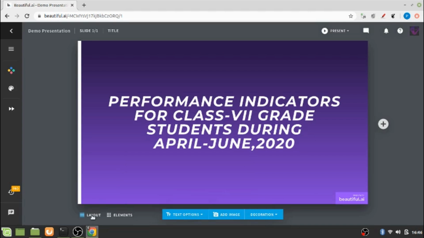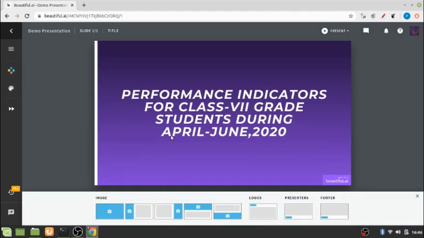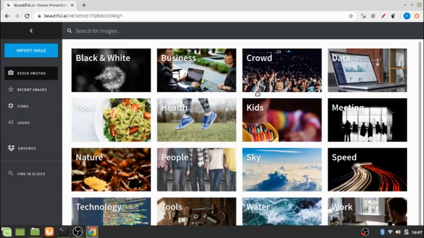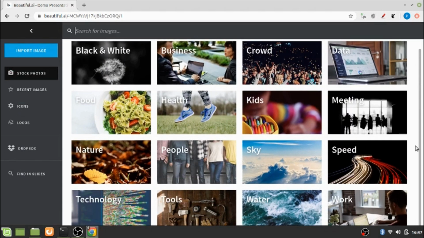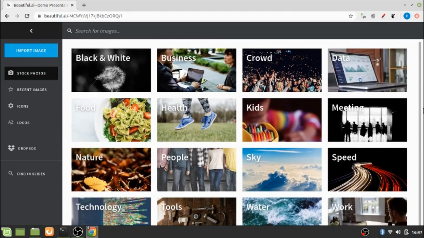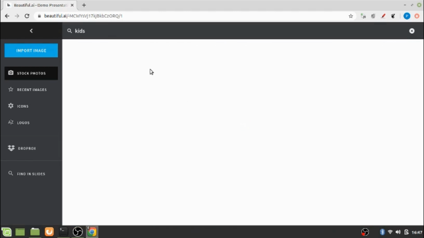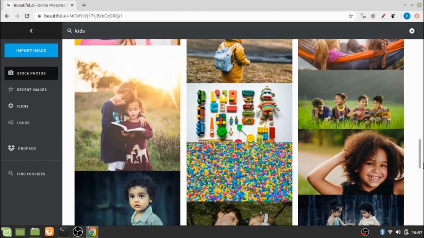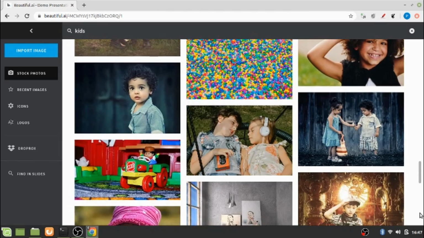The next thing is that you can add a layout to this first slide. In the first option, the entire slide will be covered by an image, and you can see that there are hundreds of images that are saved under particular categories. So if you wish to take an image from, say, the kids option, it will show a number of images related to kids and their activities.